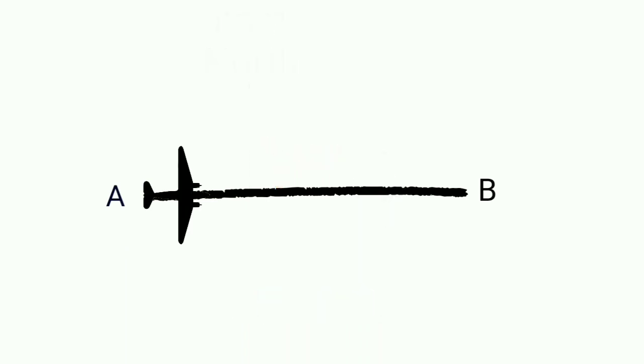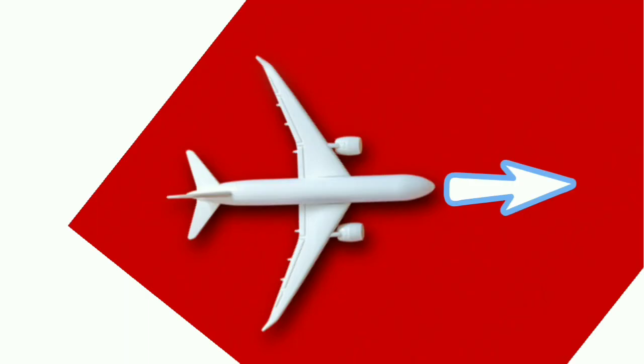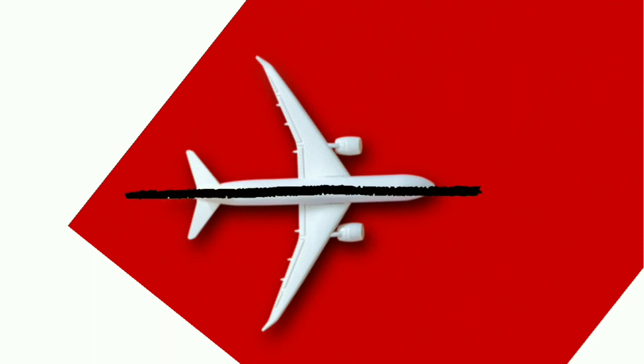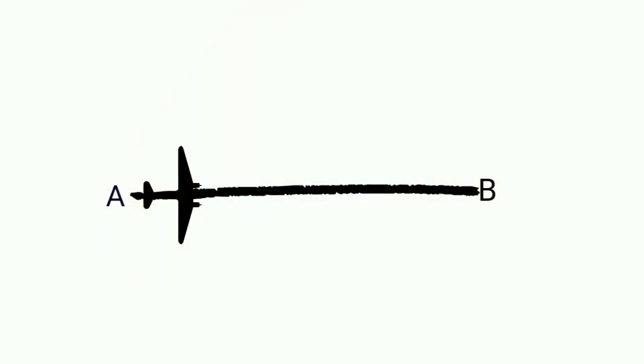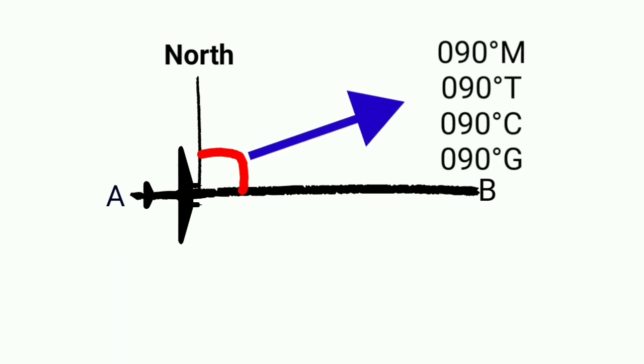Now we will talk about heading. Heading is a direction where aircraft nose is pointing, or we can say heading is a direction towards fore and aft axis of aircraft. Heading is measured from datum north clockwise, and it will also be true north, magnetic north, compass north, or grid north. Whichever datum we select, the result will be similar. For example, if you are taking magnetic north, then the heading will be magnetic. If you are taking true north, then heading will be true.